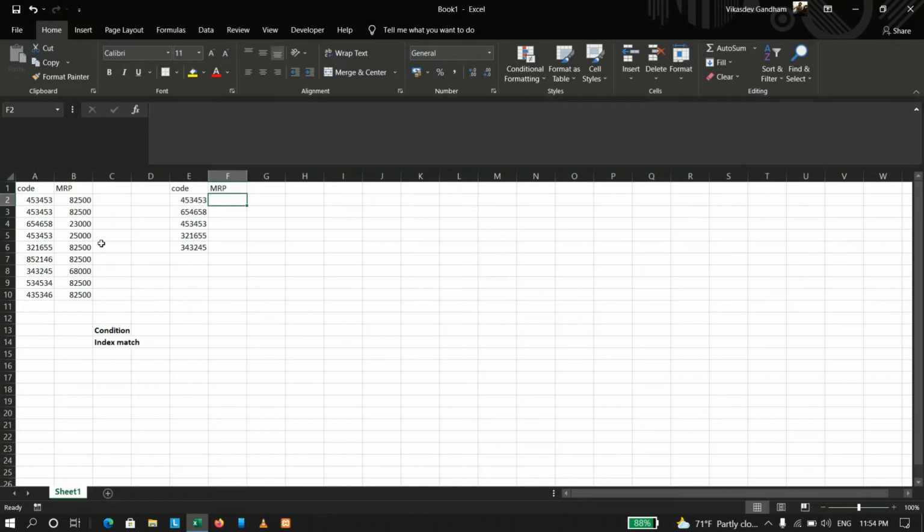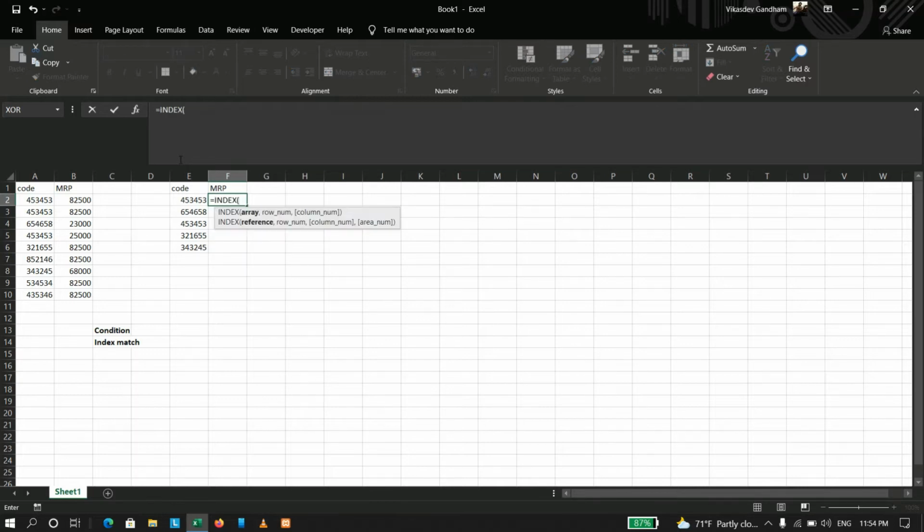So if we have the year data like codes, I want the MRPs. Okay, and we have the year main data, code and MRPs, right? So equal INDEX. What is array? Array means what we are looking for the data. Like I want MRPs. Okay, comma,